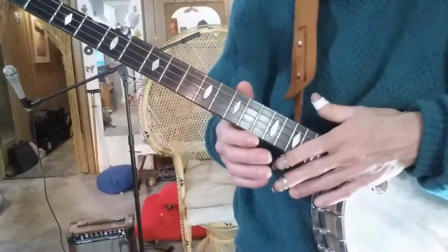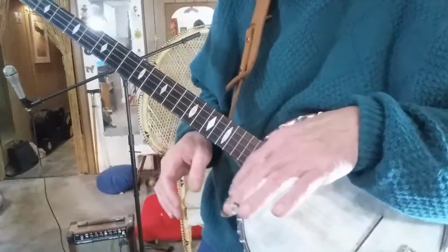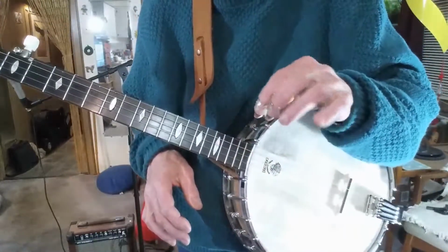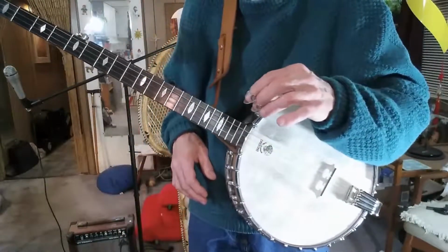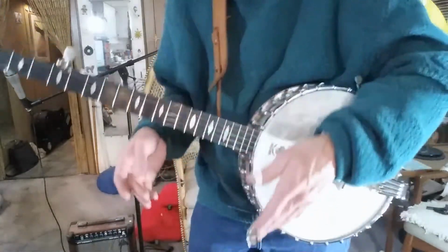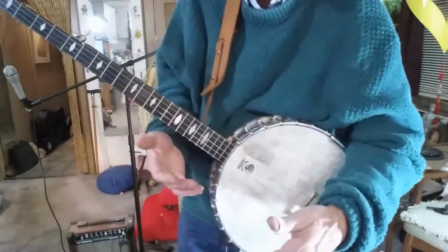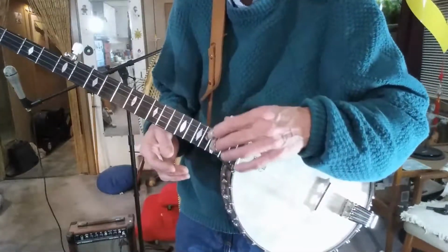And all those little solo bits, little runs there, they're not going to sound the same if the banjo is not off by, like, I don't want to say half a step, but it's not always half a step. Half a step is kind of the base of it. There's that syncopation, but it doesn't necessarily do that. Sometimes the banjo will come back and be on the guitar. Sometimes the guitarist can dance over onto the banjo. It's not a rule, but it's a way that it's done, and it creates